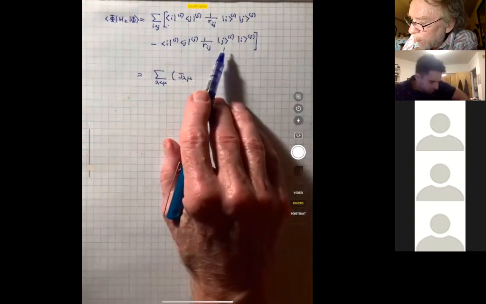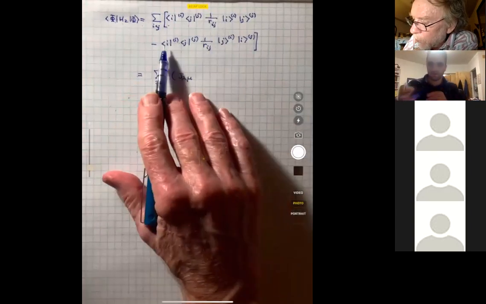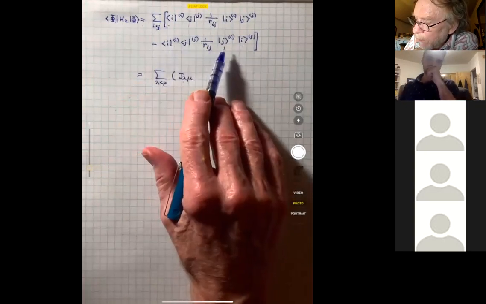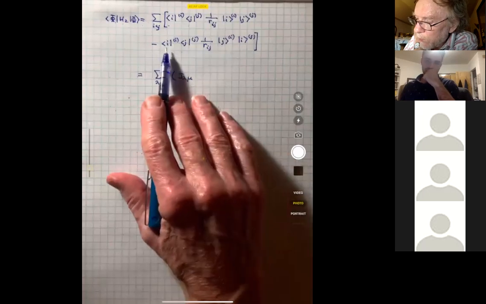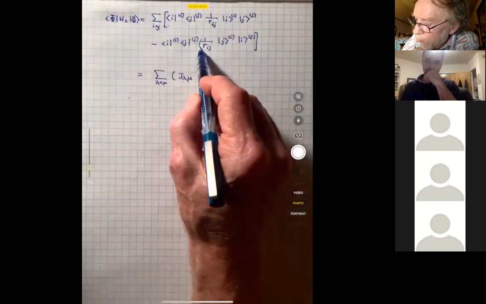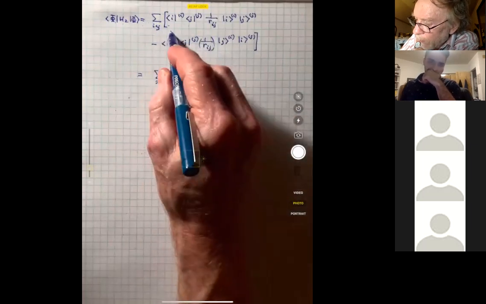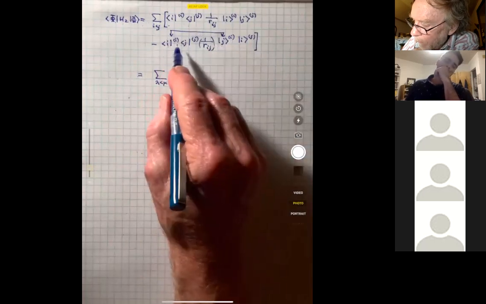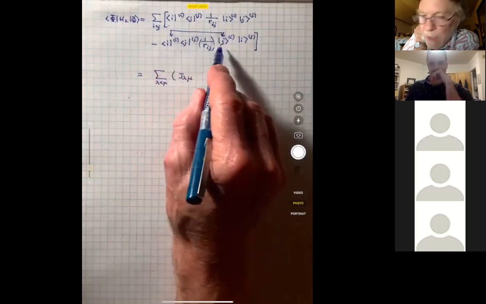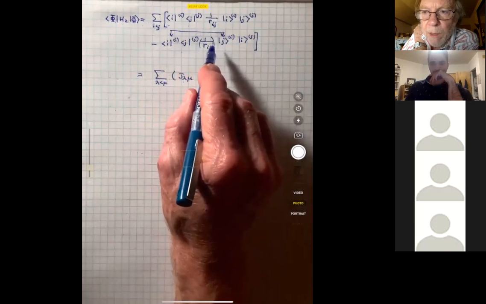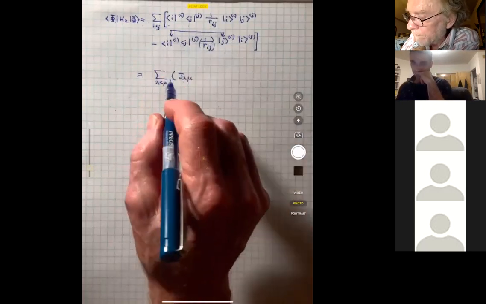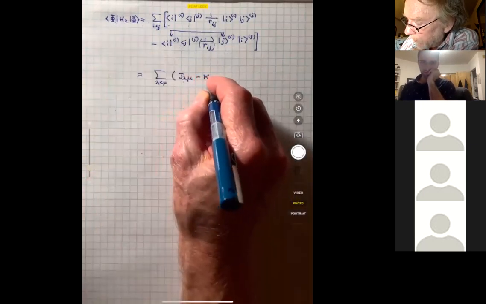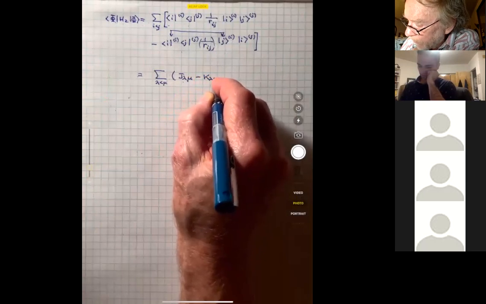In the second term, one of the things to pay attention to is the fact that these orbitals, if I put them in Latin and Greek form to get the indices straightened out, it'd be a little more clear, have both spatial and spin parts. The operator in the middle, however, is purely spatial. So if I look at the spin part for particle I here, since the orbitals are not the same, the spin parts are not necessarily the same either. So there's a Kronecker delta in the spin parts in addition to a spatial integral. The result is that this matrix element can be written as J lambda mu minus K lambda mu,